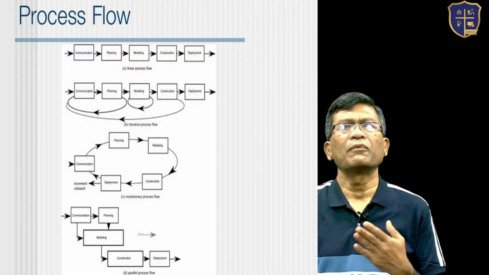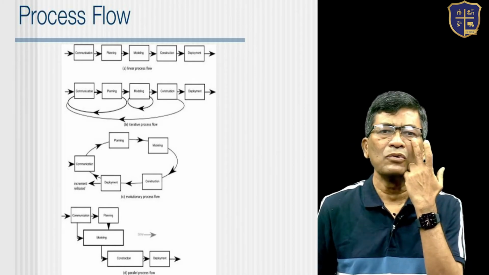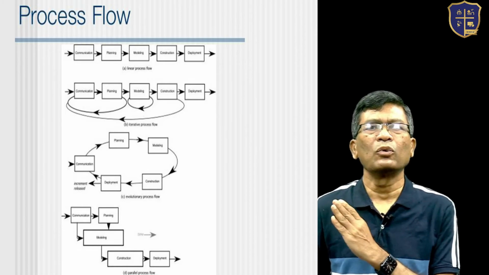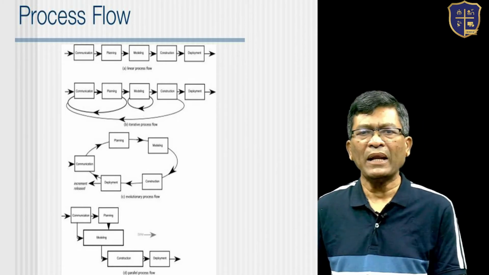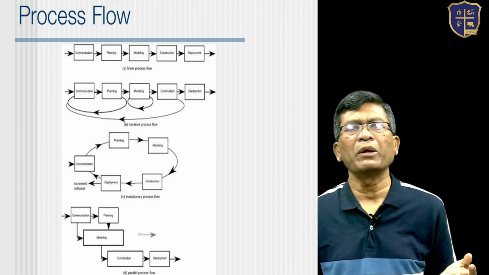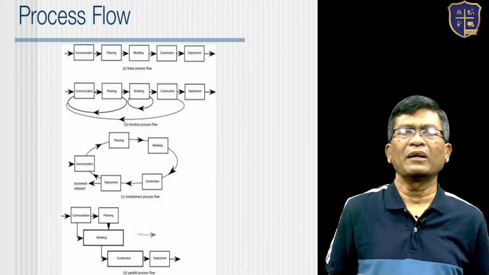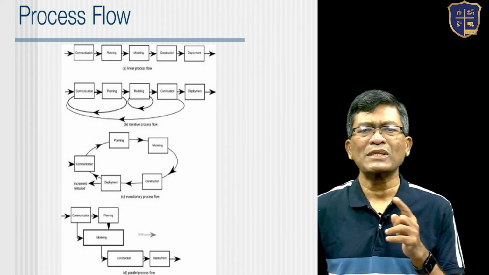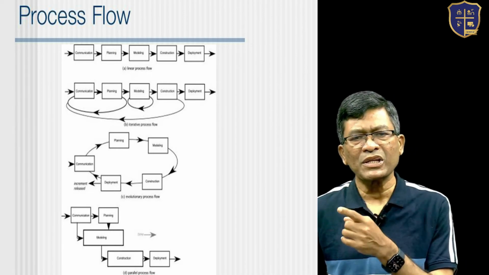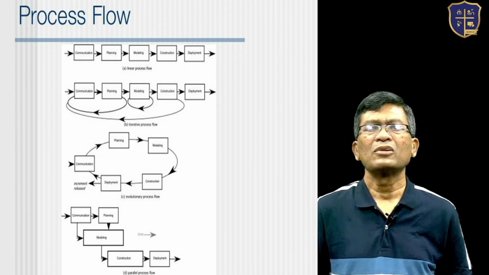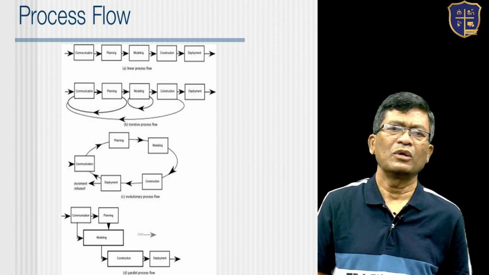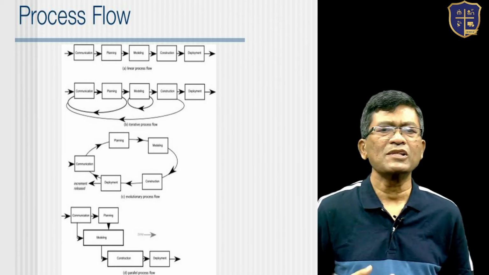Of course, the flow is different. You have different types of flows that we have. Process that I said, a linear flow means one by one you do communication, planning, modeling, then you have construction, and you do in a linear way one by one. Normally it doesn't happen like that. The communication and planning can go through a cycle, and the modeling itself through multiple cycles, and from construction you can come back to communication. So there is a kind of an iterative process. Iterative means repeatedly you do, and that is the second way in which the process flows.